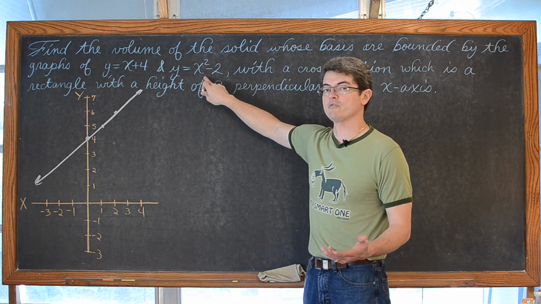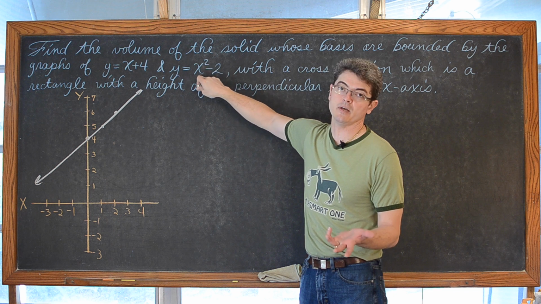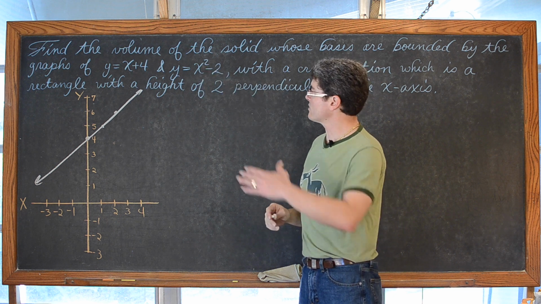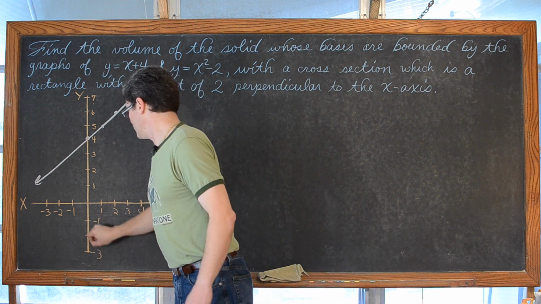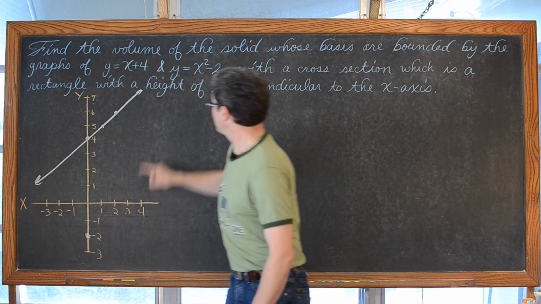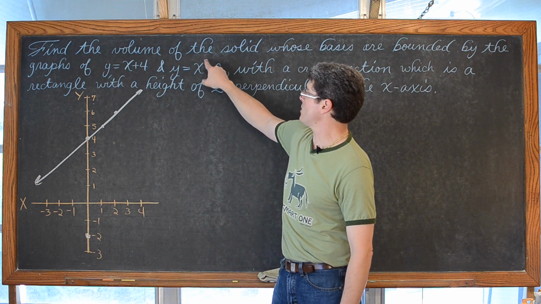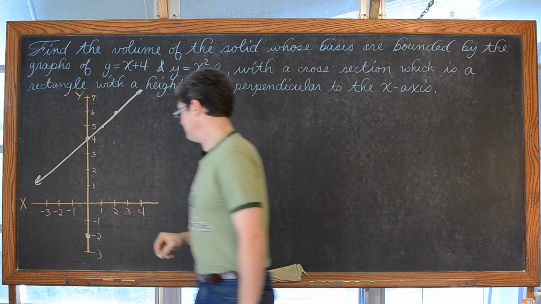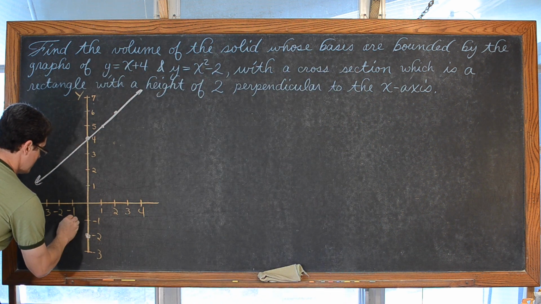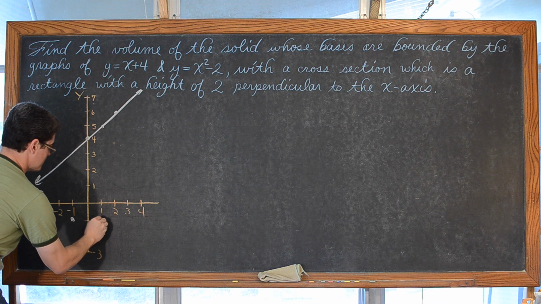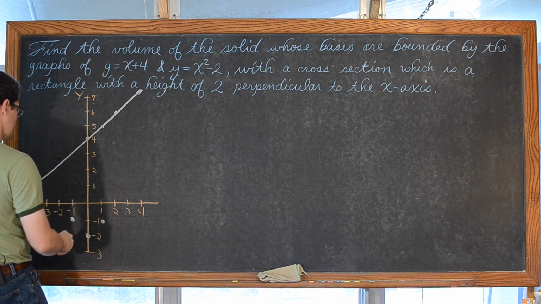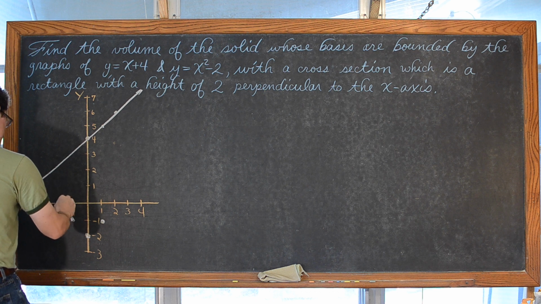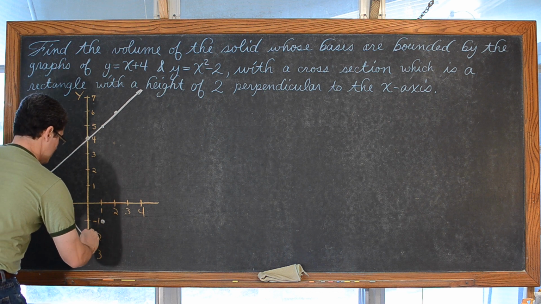Well, if we know our transformations, this is a parabola opening up with the x being squared. It's got a vertical shift down of 2, so the vertex is at (0, -2). If we take 1 and plug it in here, 1 squared is 1, minus 2 is negative 1. So we've got a point at (1, -1) and (-1, -1), and it's opening up from here.